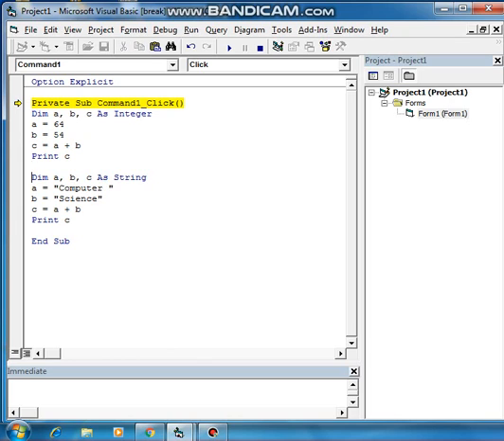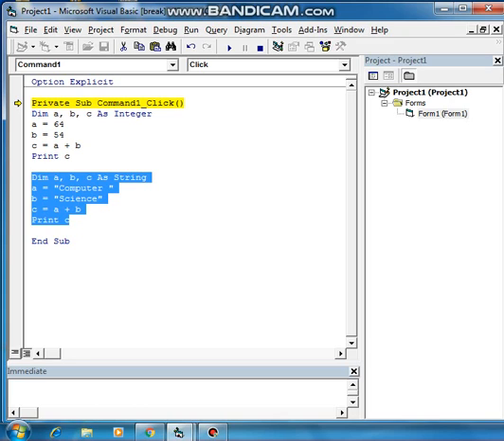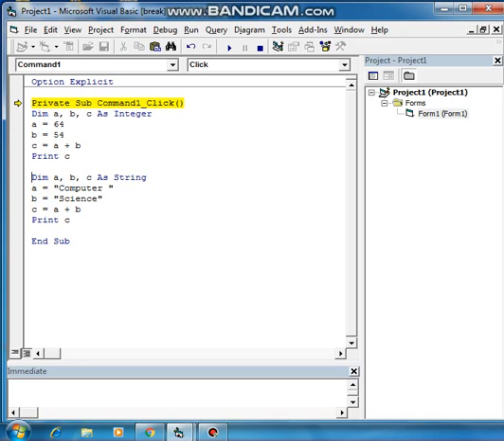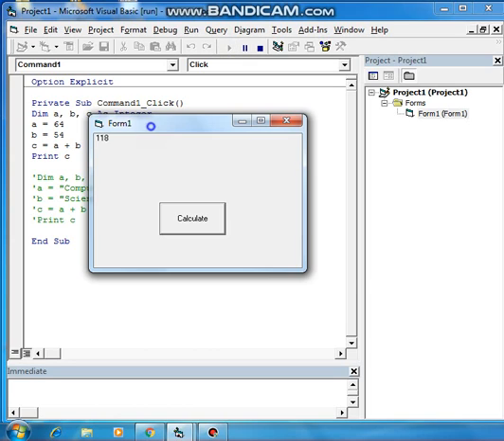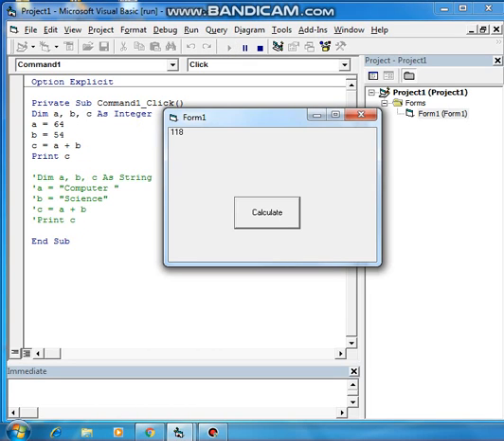So what we need to do now, this particular variable, I'm just making them a comment. I'm giving them comment. Just check. Okay, now check. Yes, it's working fine. It is showing 118 as we use them as integer.